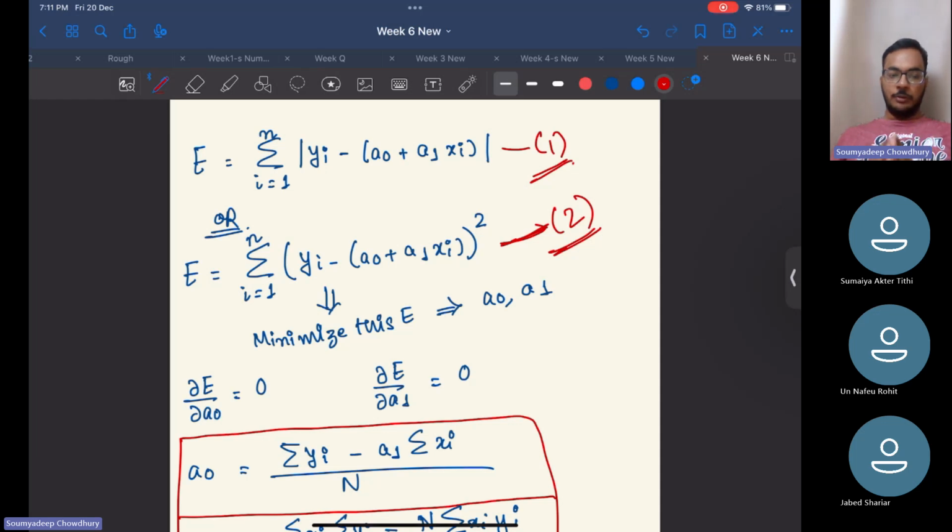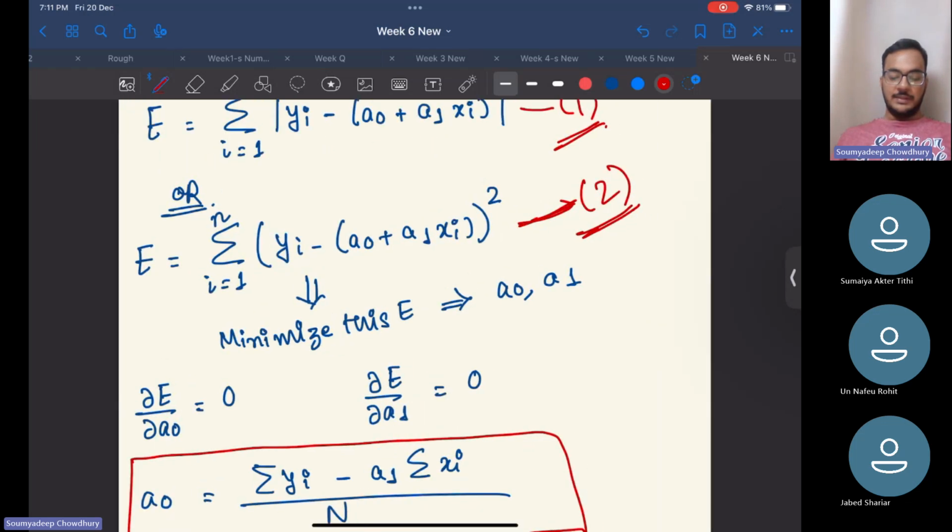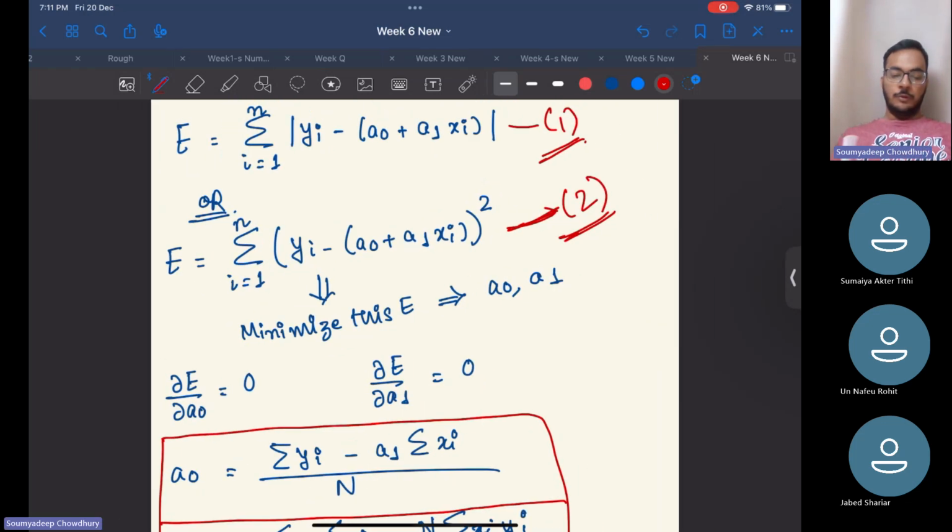As I told you, for the best line of fit your error should be minimum. So our target should be to minimize this E. We know from calculus that at the point of maxima or minima, the derivative of the function with respect to the variable should be 0. So we apply that concept here. We find the partial derivative of E first with respect to a naught and equate it to 0. Similarly, we find the partial derivative of E with respect to a1 and equate it